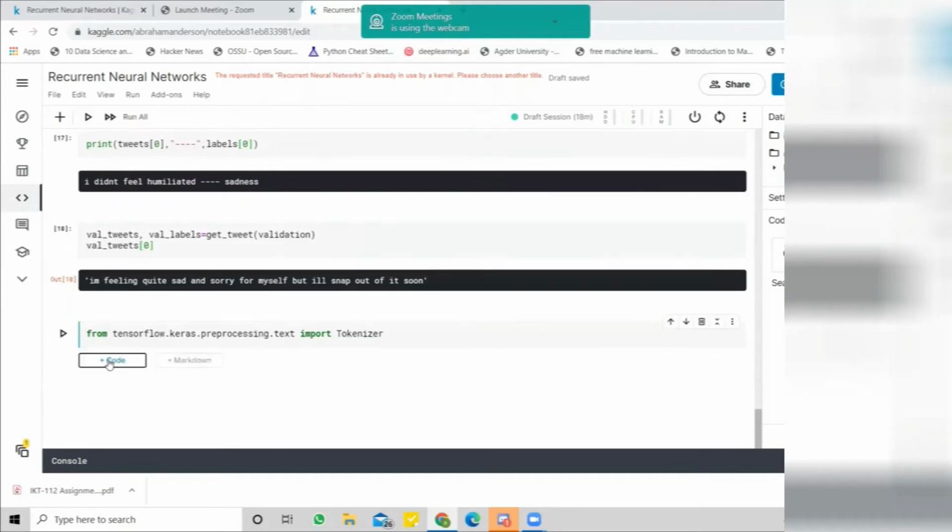After importing a function from a library, any of them, we create an object of it, right? Let's name this object tokenizer. Let's create an instance of this one.